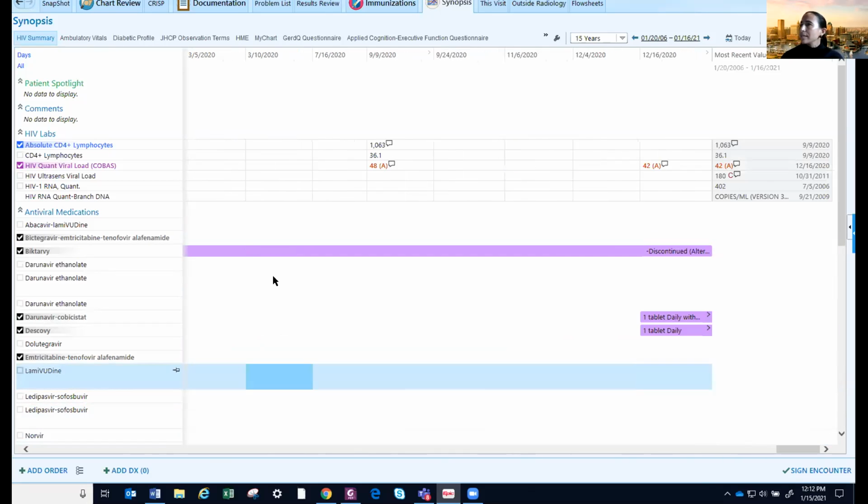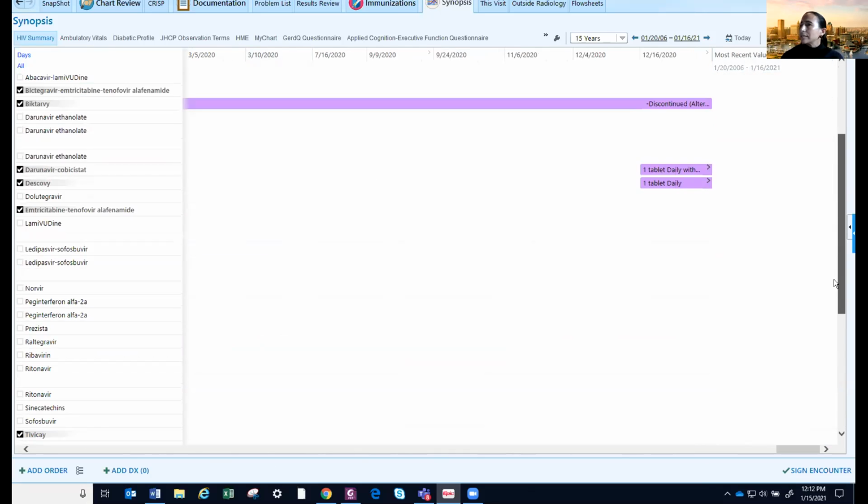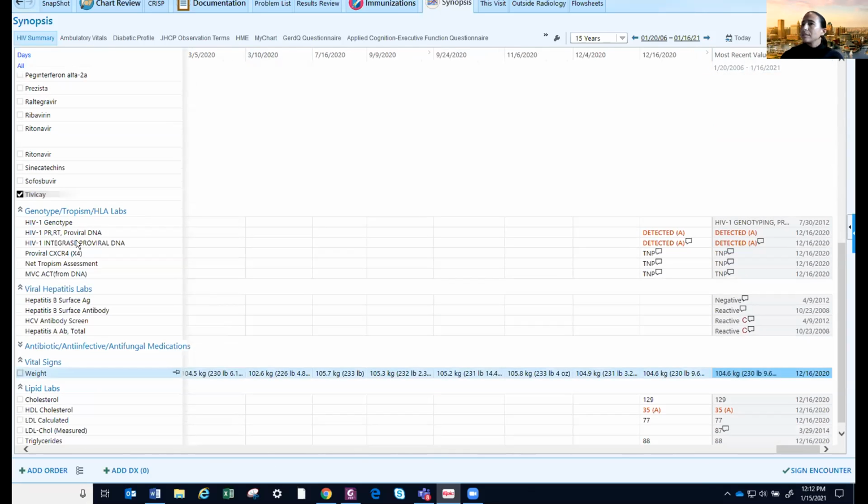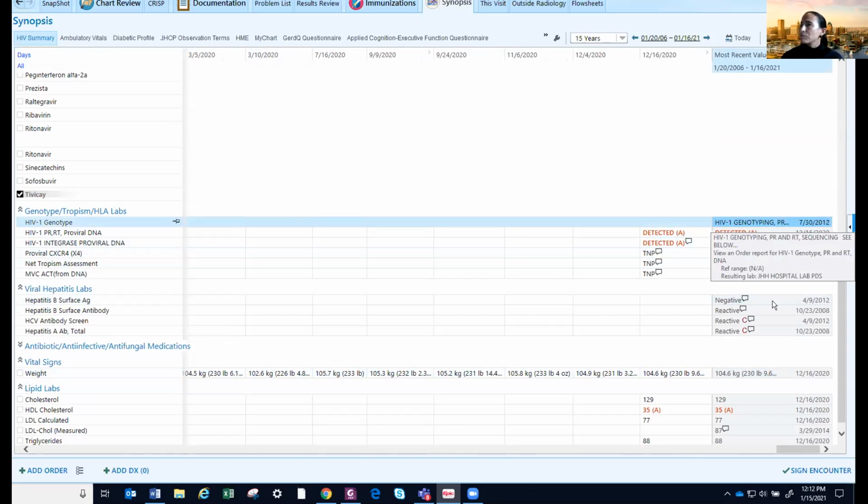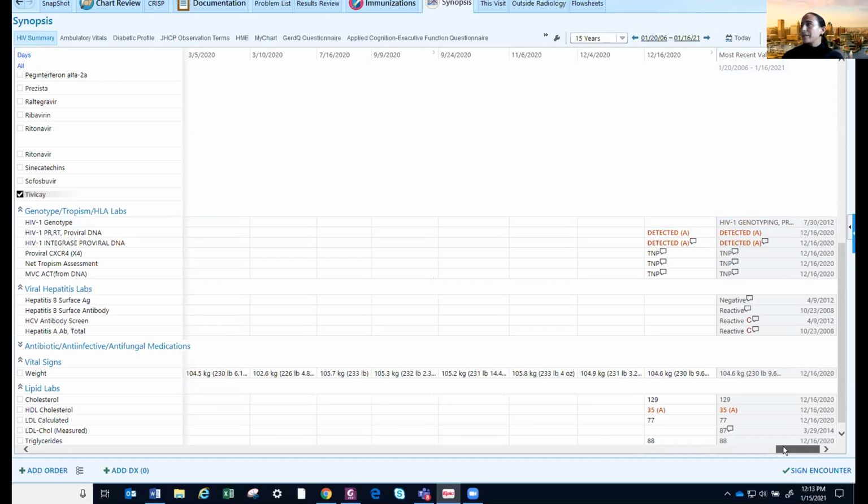If I scroll down here, I can see his genotype history. I'm not going to click on it because it would show you his patient information, but that's how you get the report: by clicking on it. It actually links directly to the result itself. We're not going to have it all written out nicely the way we do in our written flow sheets, but I think it's a nice tool to see